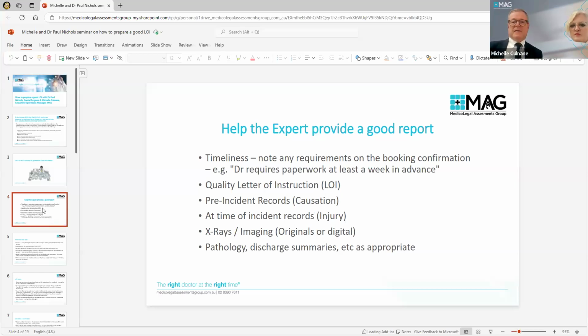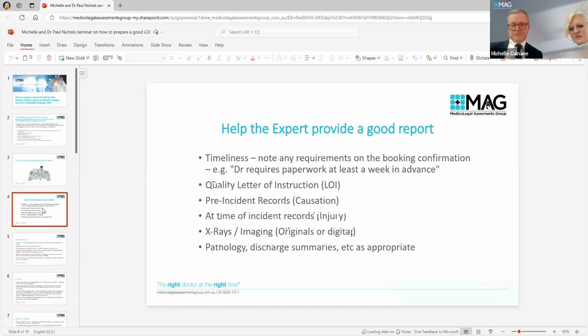The main thing for the expert witness is timeliness. We need to get the LOI a minimum of a week before we get to see the patient, because we need a chance to read through the masses of paperwork sometimes, and we need to prepare a summary sheet of what questions we're going to ask that particular claimant. If we go the night before the appointment, it's just not going to work. We just don't have the time or the ability to prepare so that we ask the right questions and therefore get the right report.